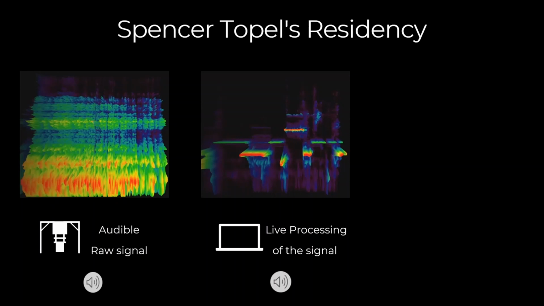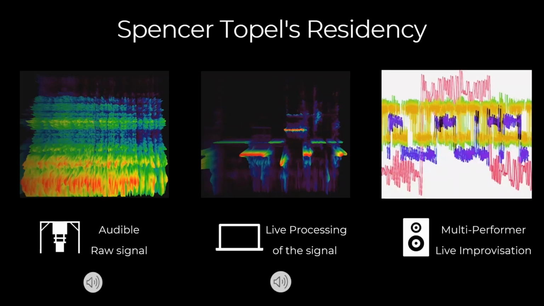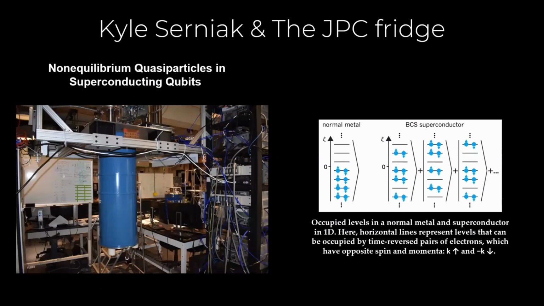So then what we did was we looked at how we can slow these signals down, sometimes 10, 50, 1,000 times, to get control signals out of them. And I'm going to show you some of the processes we went through to do that. And finally, I didn't want to leave the scientists out of the artistic process. I wanted to include them as performers because I felt, one, I like collaborative performances, and two, I knew they would be more invested in the project and maybe the outcomes, particularly around sonification and synthesis. So to start with, Kyle was working on a set of experiments with this JPC fridge.